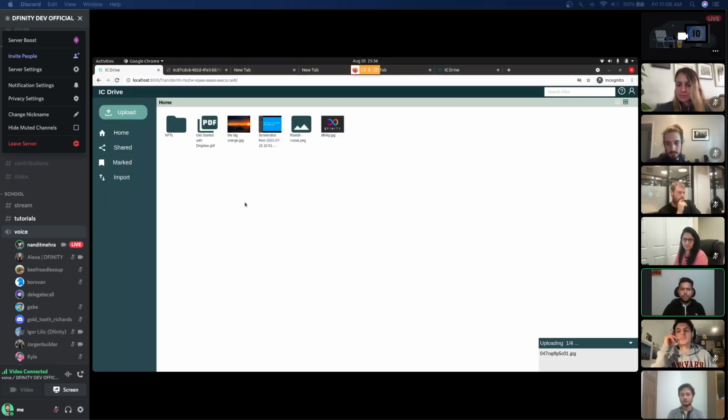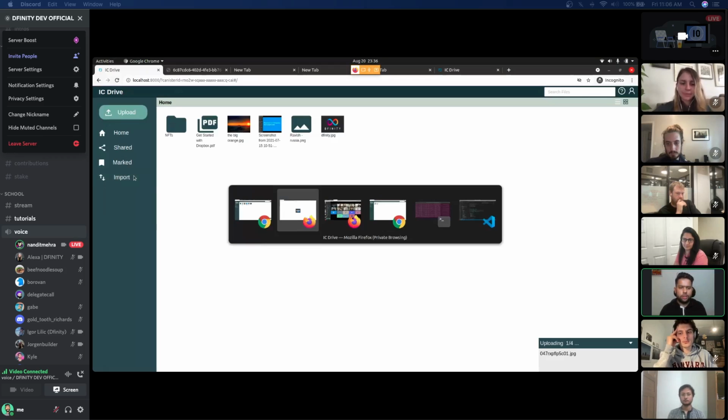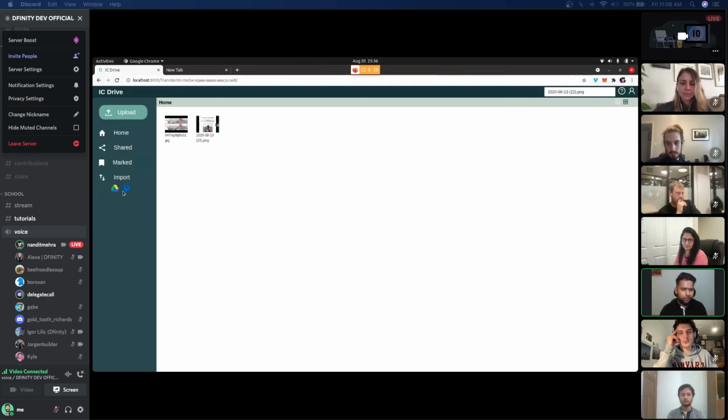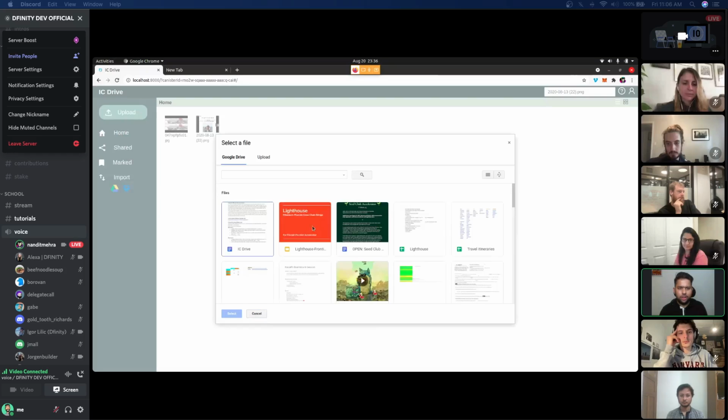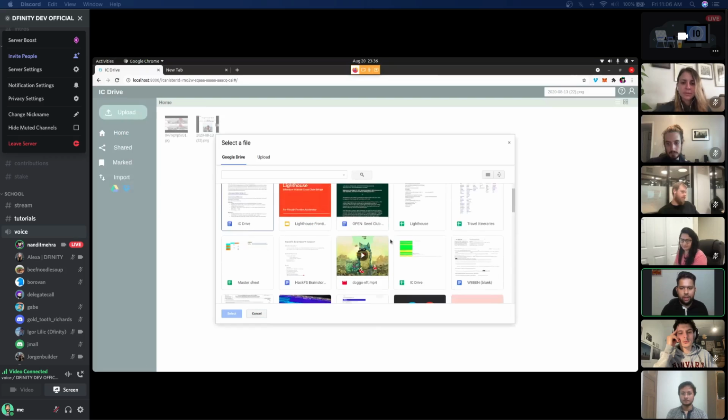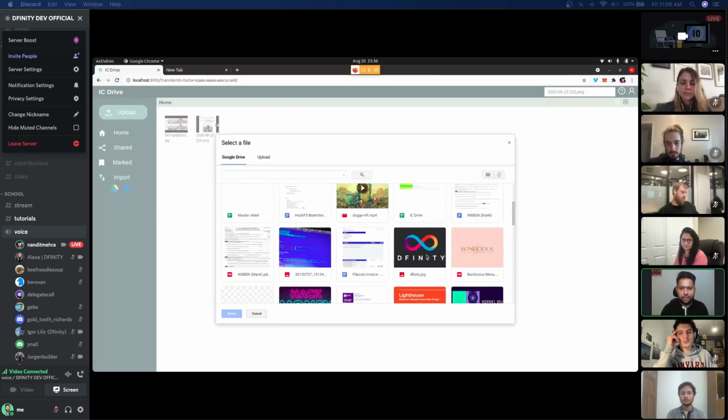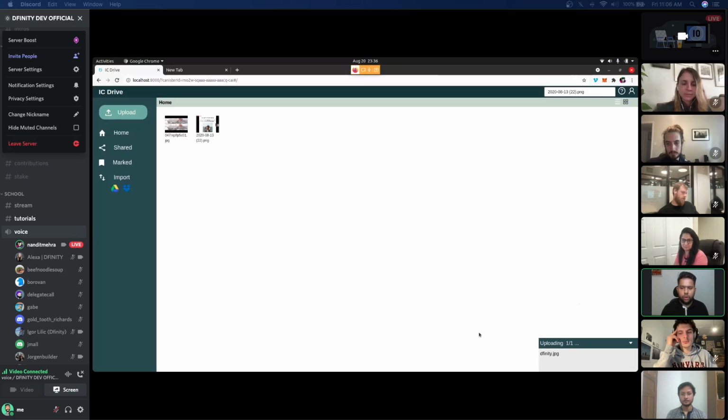So we wanted to make this process seamless, that is how you can transfer data from Google Drive and Dropbox in a seamless manner. Let me try if Google Drive works here. Yeah. So right now with Google Drive, you can only transfer files which are images, PDFs. You cannot transfer Google Slides files. But for any other files, let's say this image particularly, you can select it and then the uploading starts.